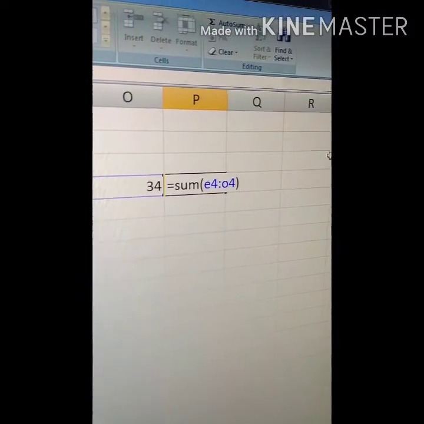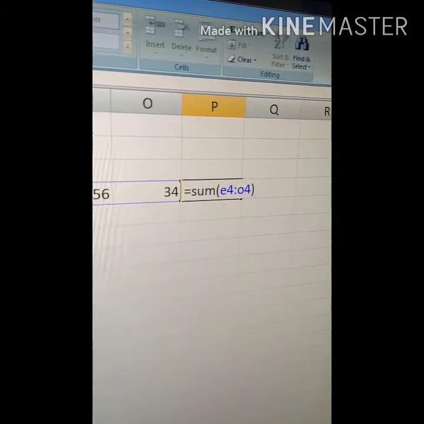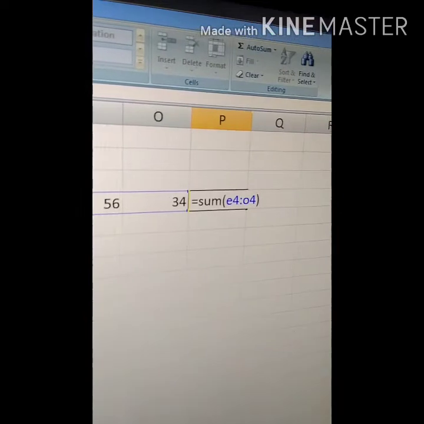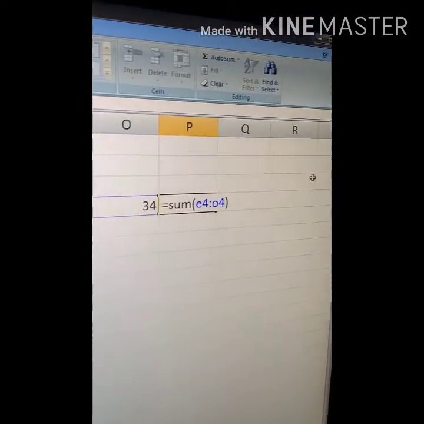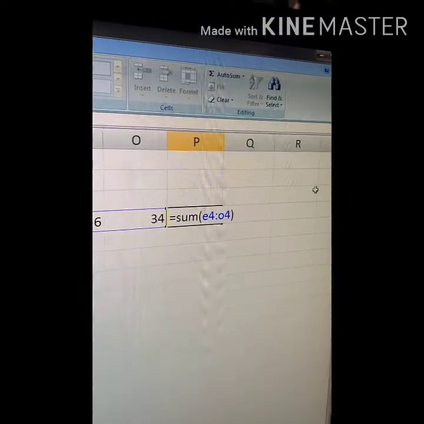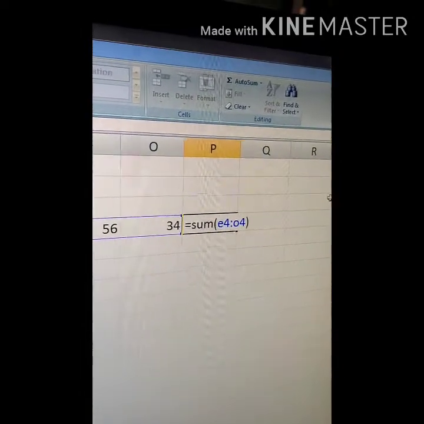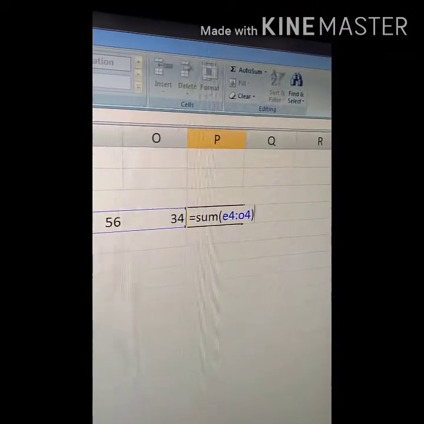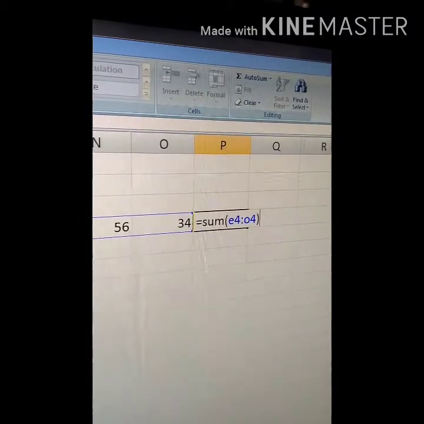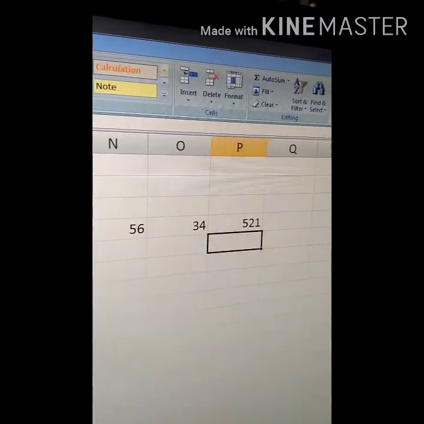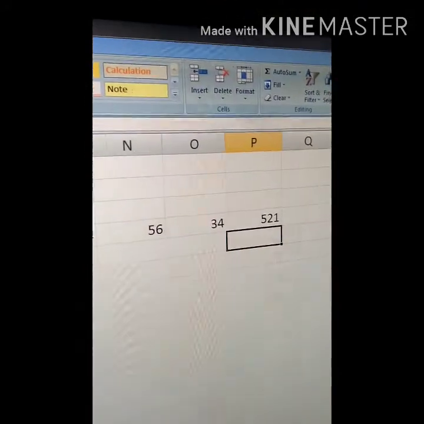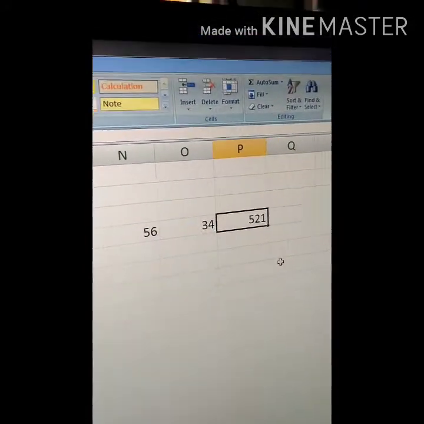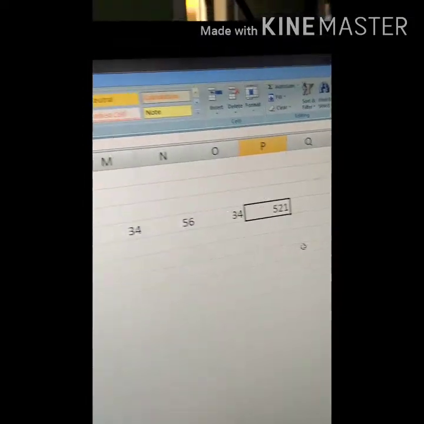The formula is equal to SUM. The first number is 5, which is located at E4 cell reference, and the last number 34 is located at O4. Then press enter. If everything is okay, it will give the result, otherwise it will show a wrong notification. So this formula is correct. It is giving 521.